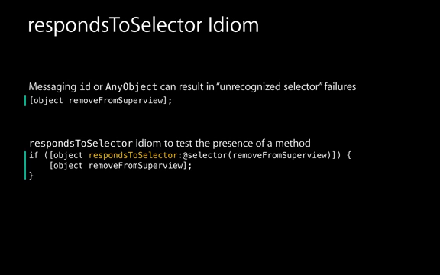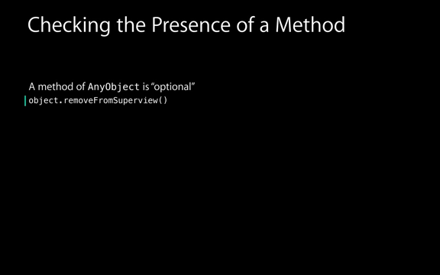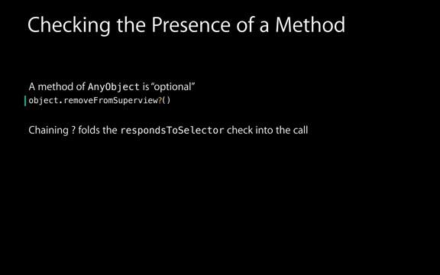In Swift, we like to do a little bit better. So let's take the same call, and let's do a removeFromSuperview call on this object. And the thing to note here is that removeFromSuperview on an object of unknown type, it may be there, it may not be there. Well, how do we deal with this notion in Swift? We use an optional. It says there may be a value there, there may not be. And so the reference to removeFromSuperview on object is in effect optional. That means we can use the optional chaining operator here